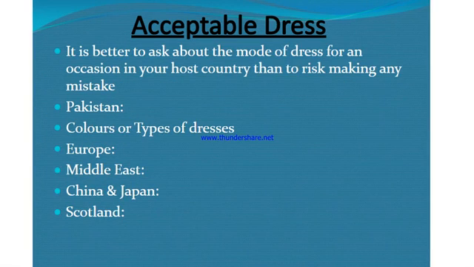Then there is acceptable dress. It is better to ask about the mode of dress for an occasion in your host country than to risk making an embarrassing mistake. What kind of dress is acceptable in their country? But the case is different